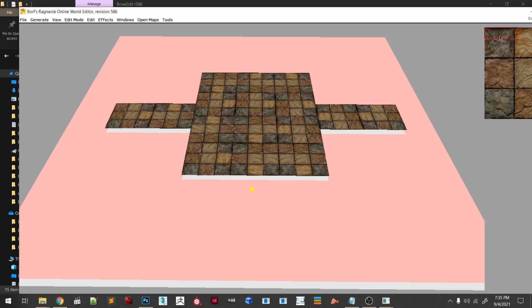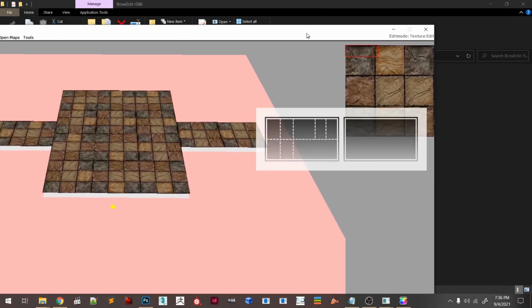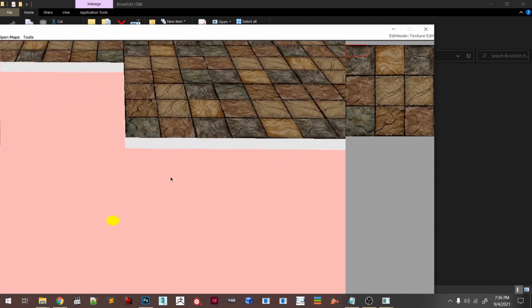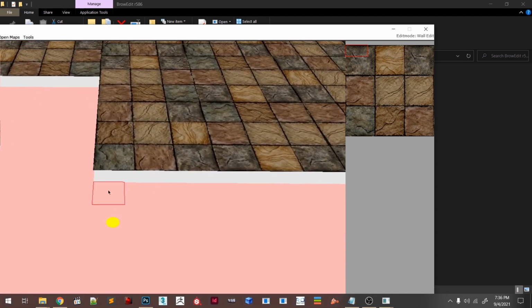Okay, so let's say I want to select this much. Now I go back to F4, and if I hit the camera key, then you can see that the texture has been placed right there. So I go back to F1 and select the other piece of texture. Let's see if that works. I don't think that will work actually.